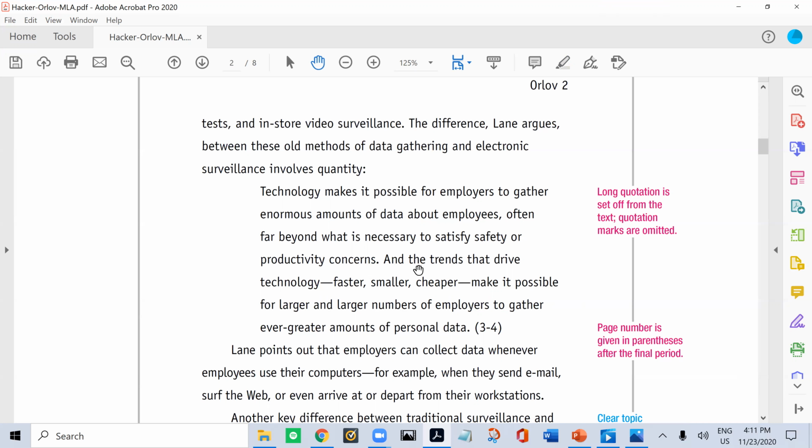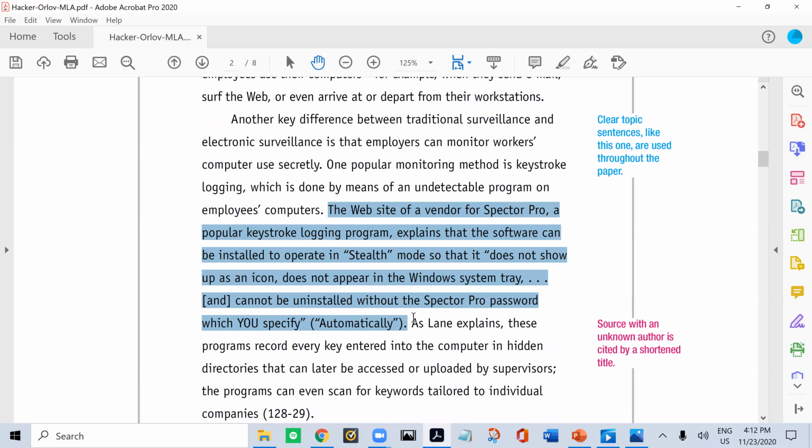I'm sorry, I've got different page requirements for different classes, so I'm getting a little confused. But for you guys, it's 8 to 10 pages. All right, and there shouldn't be a lot of block quotes in that. There can be there occasionally, but for the most part, source material should be integrated into your text like this one is. Okay, there's a short direct quote here, and the rest of this source reference is paraphrased,